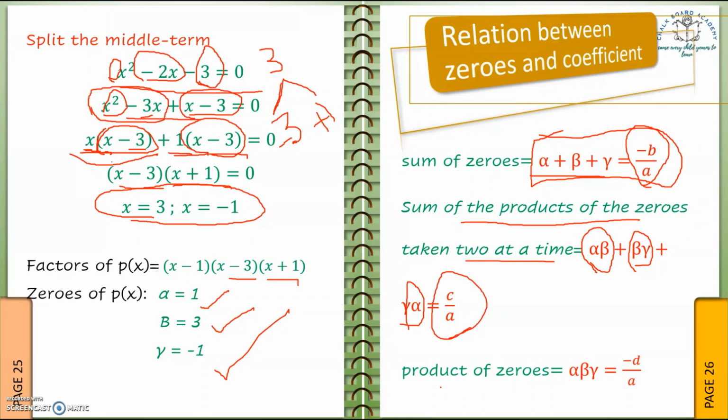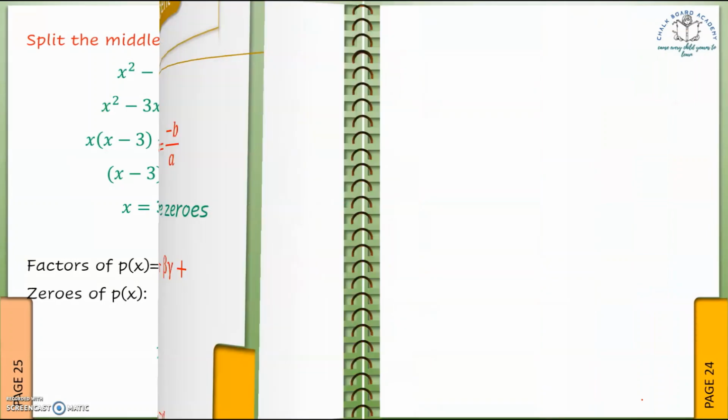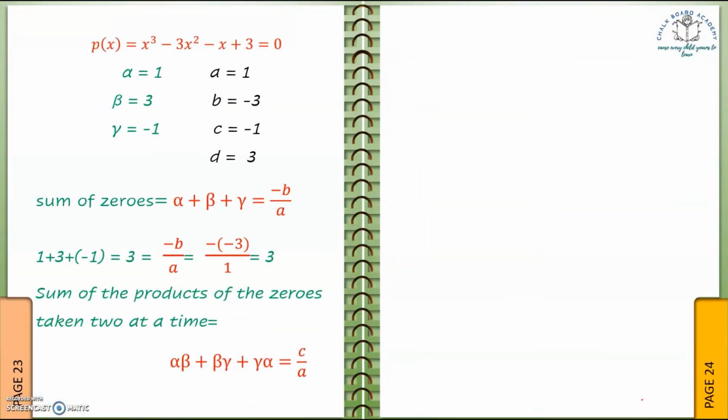And the last one is equal to product of zeros, that is alpha into beta into gamma, that is equal to minus d by a. Remember, in every equation, in every formula related to sum, zeros and product, we see that a is in the denominator. Now by example, same example which we have done earlier,